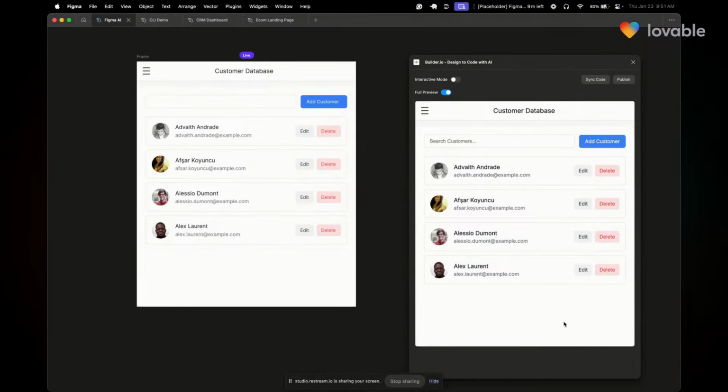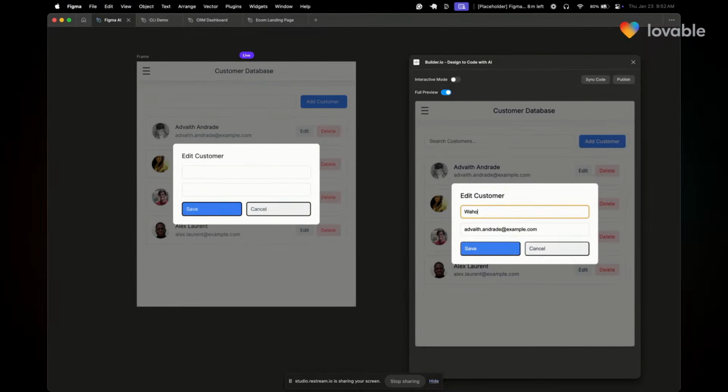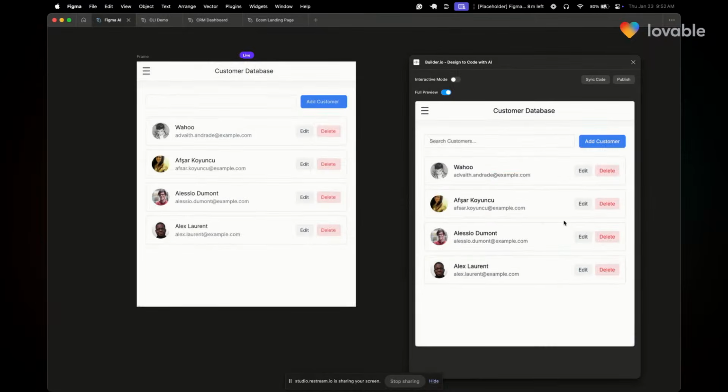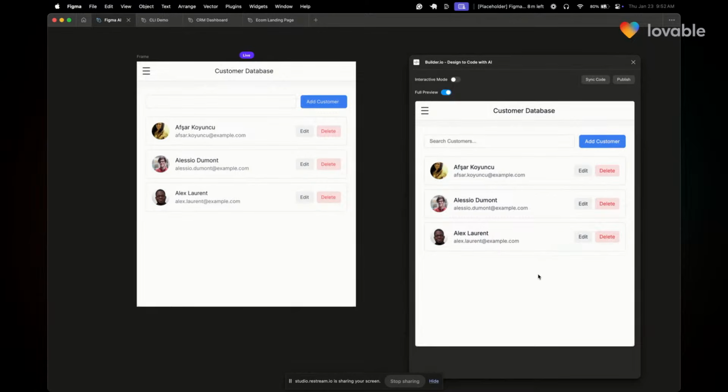So here on the right, this is the preview of an application built with Lovable. This could technically be any application. If you're an engineer, this could be your localhost preview, your Next.js site, whatever. In this case, this is a local CRM app that I built earlier today. You can see I can interact with it. So I can edit this user, Wahoo. But you will probably notice something: as I'm going in and making changes, deleting, etc., Figma is updating as well. The idea here is to keep your design automatically in sync with the code